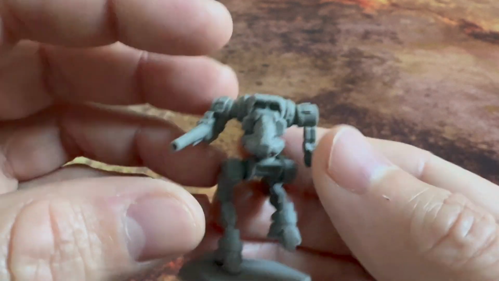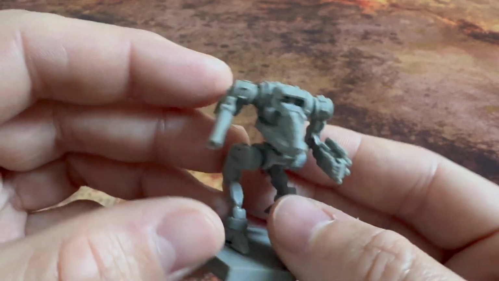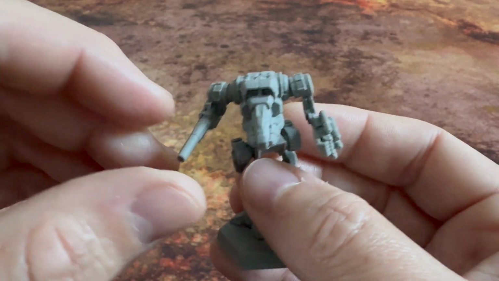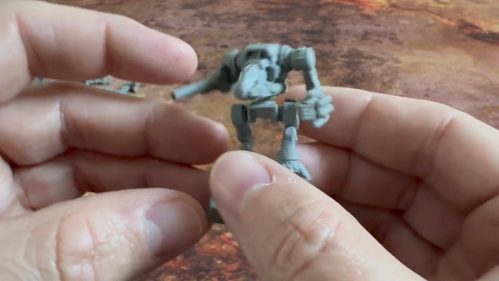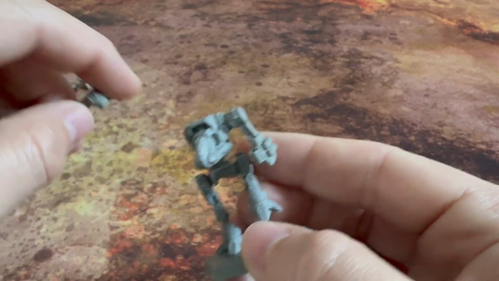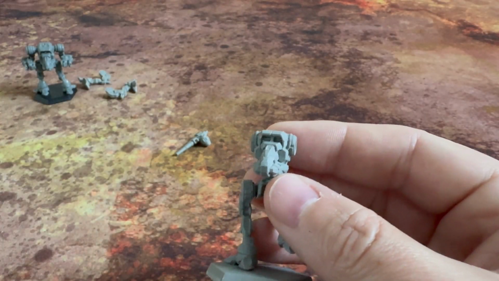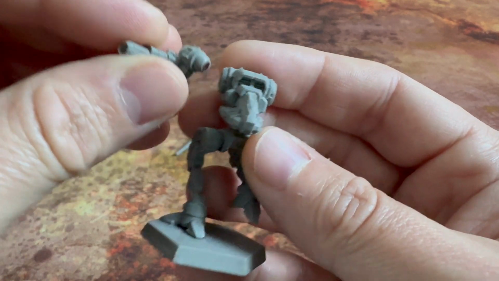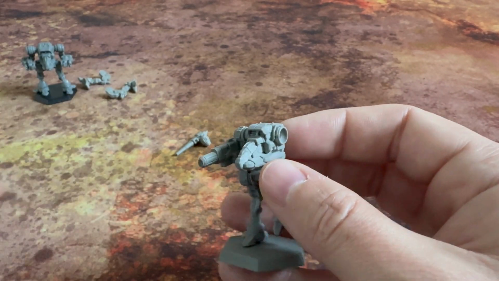So this is the TC variant, and you're probably already guessing that I've done some magnetization. So this is armed with a Gauss rifle and 4 ER medium lasers. This is a Smoke Jaguar variant from Operation Revival, perhaps a bit earlier, that was used by all clans in the invasion in small numbers. And then we have the B configuration,